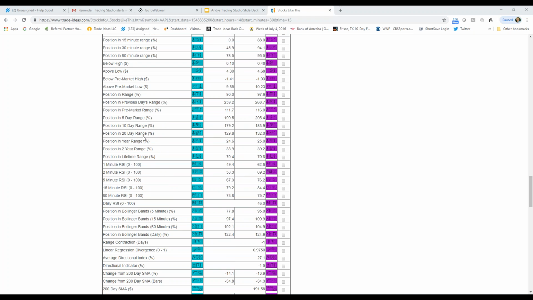Position in 20-day range. I want stocks that are kind of moving higher and not coming into their, in other words, I'm looking for a turnaround. I'm not looking for stocks pulling back to their 50. I'm looking at stocks going through the 50 or that have already gone through the 50. So what I want to do is put a position in 20-day range. I think I use 75 minimum, 75%. So it's going to be in the upper quadrant of its 20-day range.